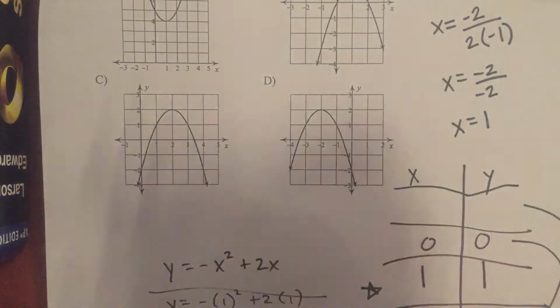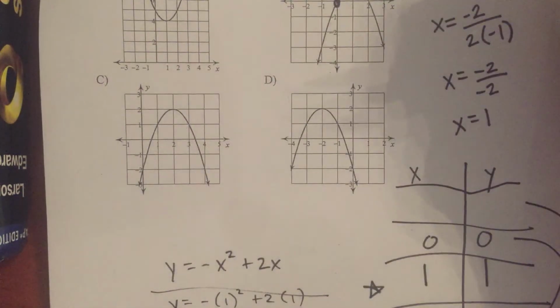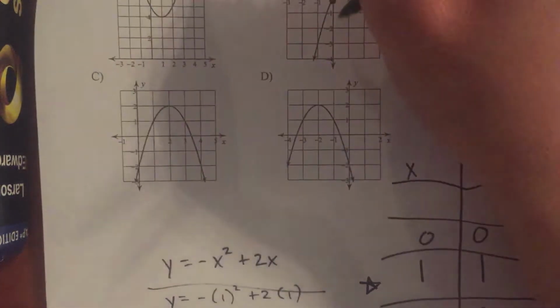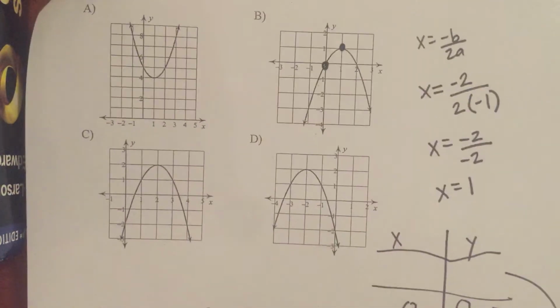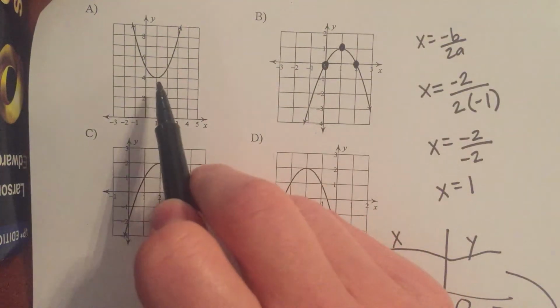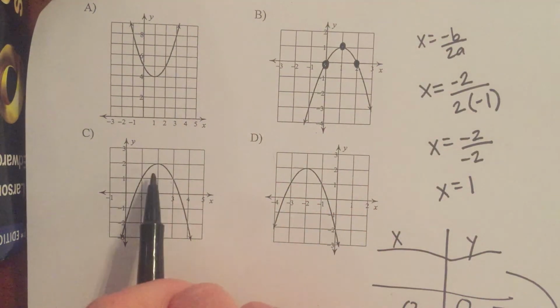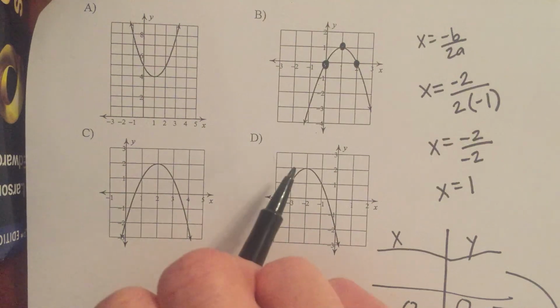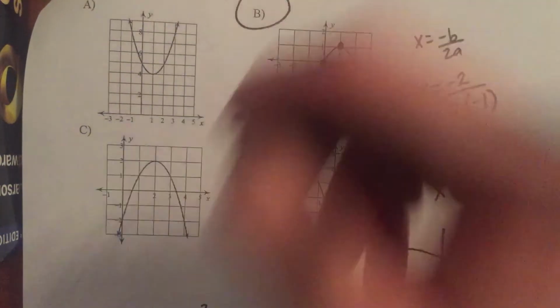I have the point 0, 0. Okay, I see that here. I have the point 1, 1. I see that here. And I have the point 2, 0. I see that here. Don't have those points here. Don't have those points here. So I see my answer is